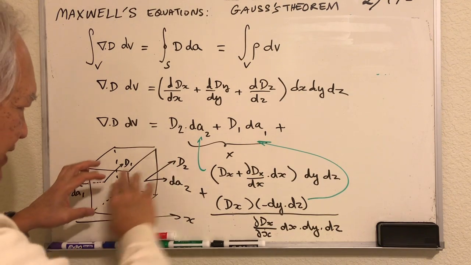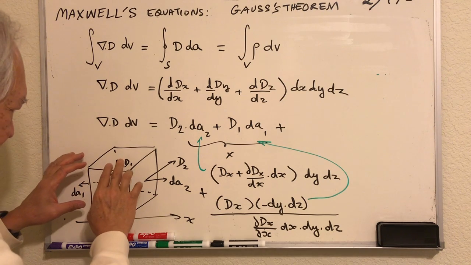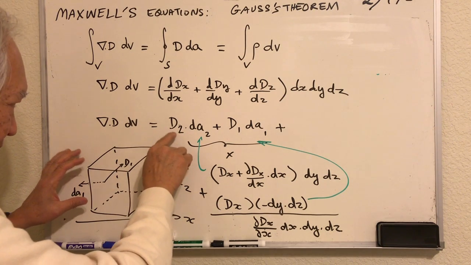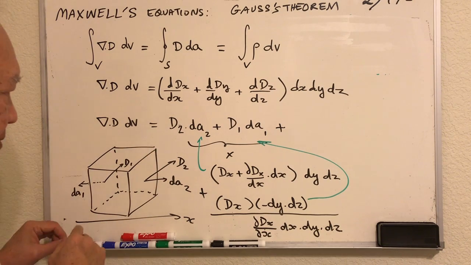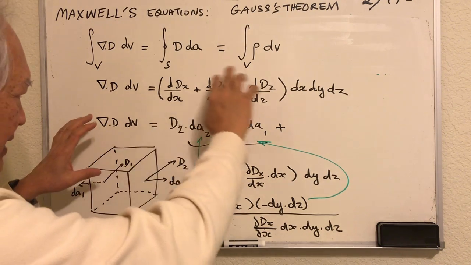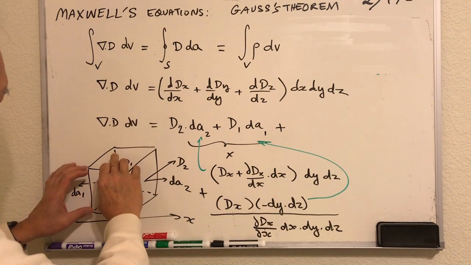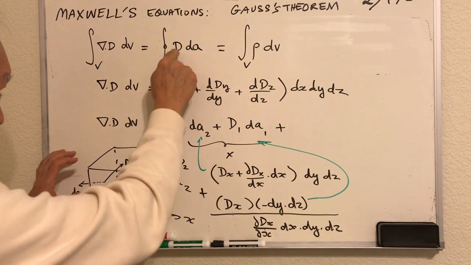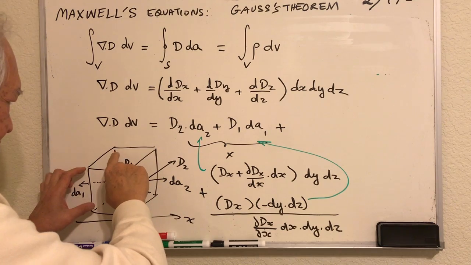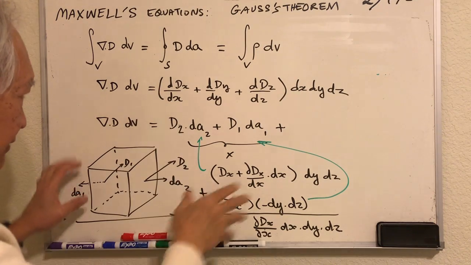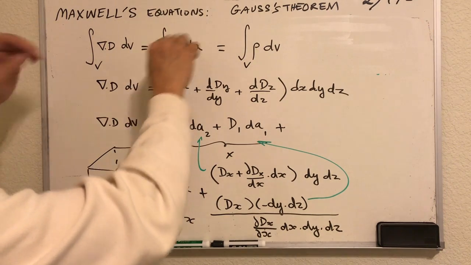Once we reason that out, what is left is just the product of the vector times the unit area facing outward of the volume. Thus, once you aggregate everything, what you get left is the surface integration of D times the unit areas facing outward of the volume, and thus this theorem holds,